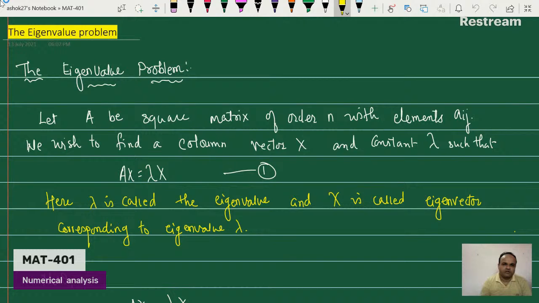We wish to find a column vector x and a constant lambda such that Ax equal to lambda x. So this x and this lambda should satisfy this equation. A is any square matrix of order n cross n and having elements aij. So matrix A